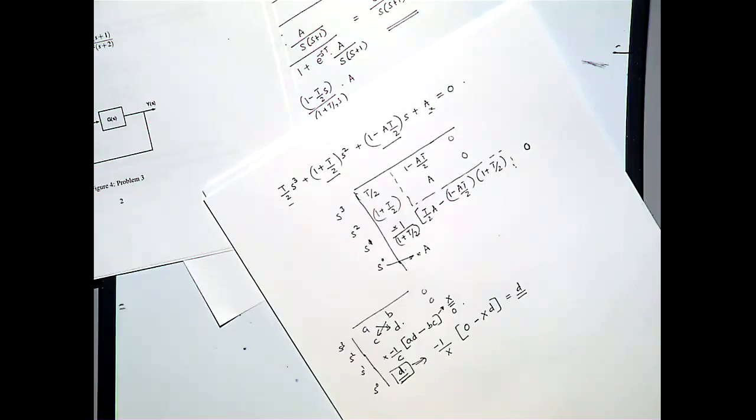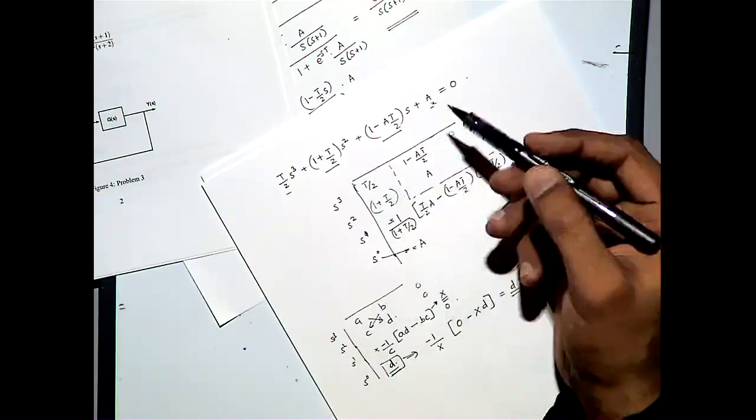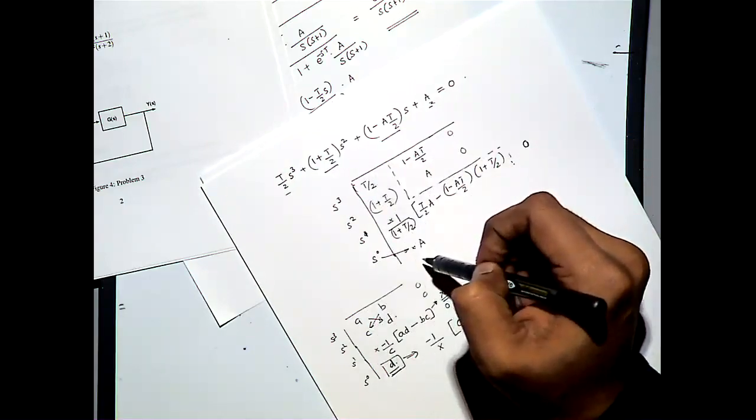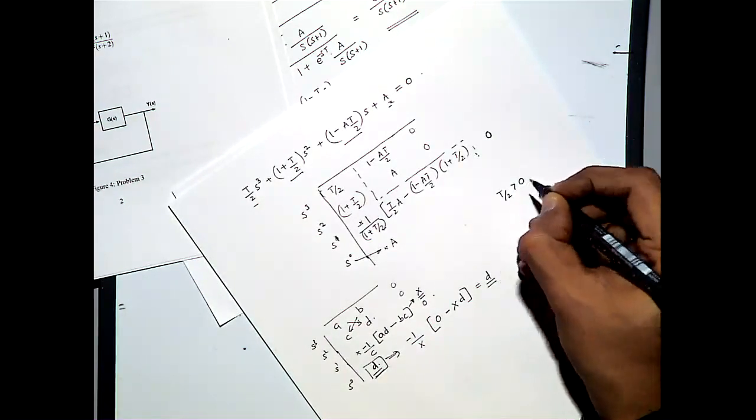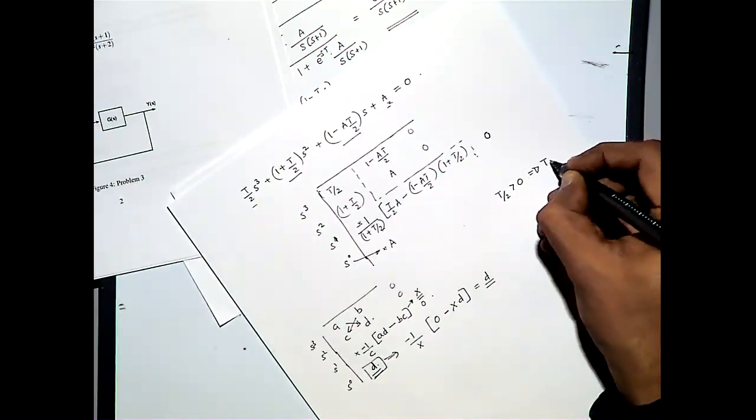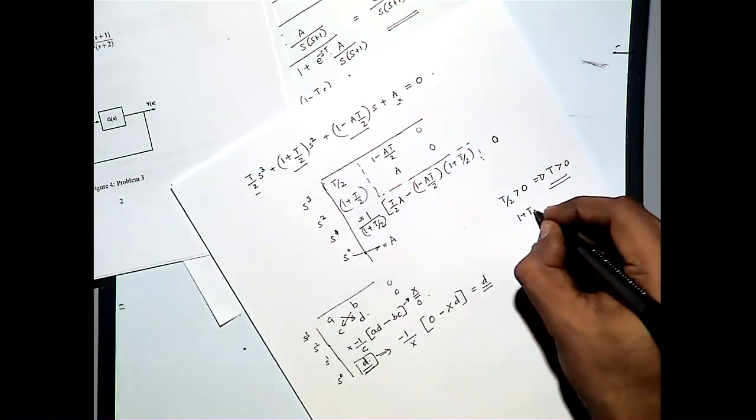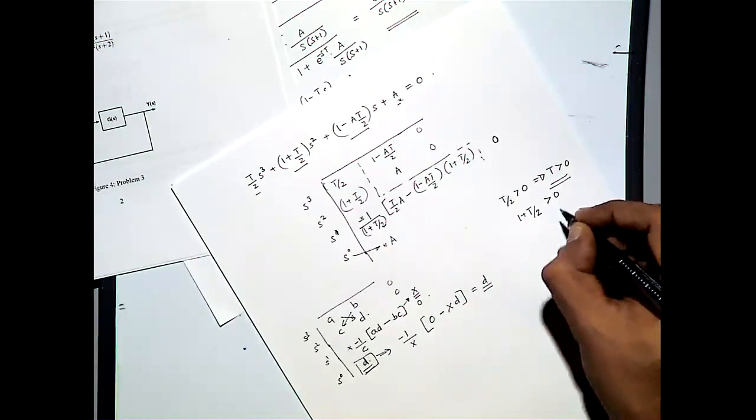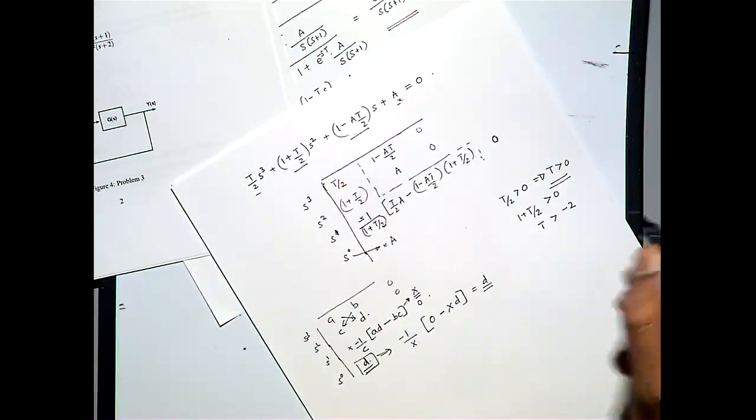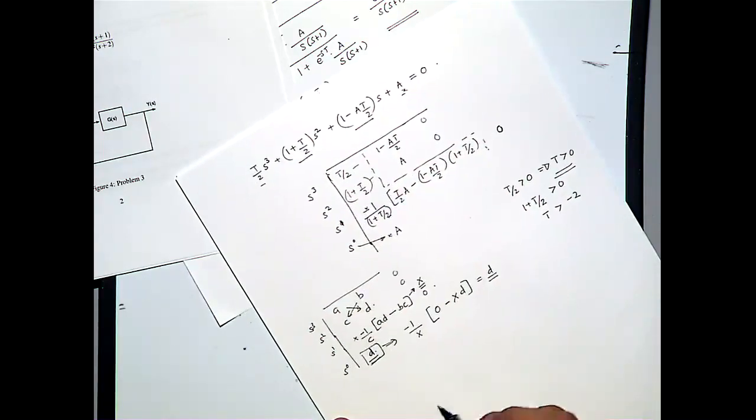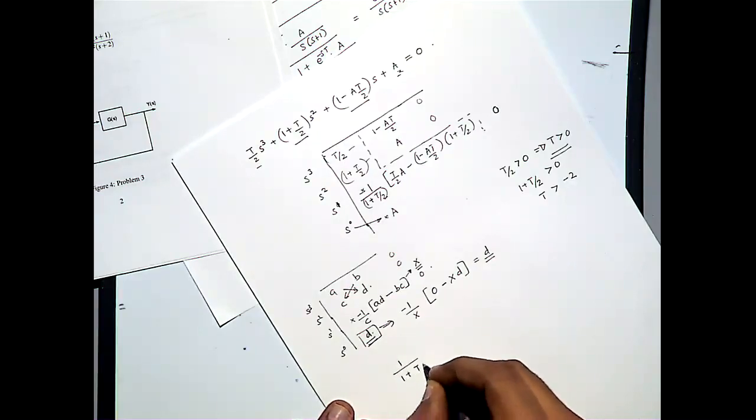Make sense? For the system to be stable, you need all the terms in this first column to be positive, which means that you need t/2 greater than 0, which implies t should be greater than 0. This means 1 + t/2 greater than 0, or t greater than minus 2. That is these two. And the third one will be 1 divided by 1 + t/2